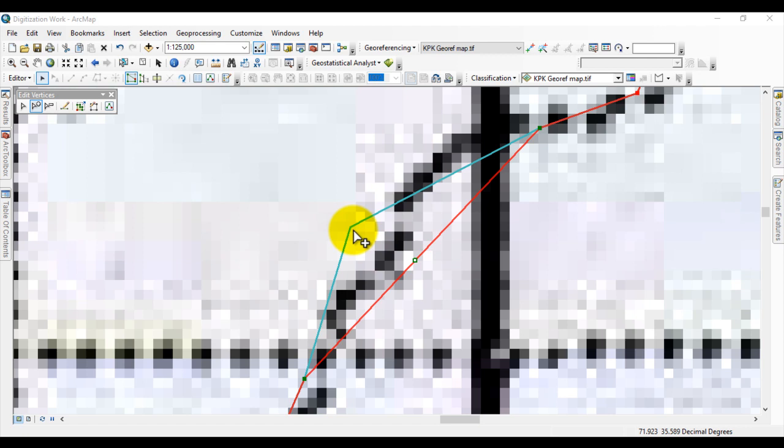In that situation, we can drag it to its original place like that, by picking this vertex and dragging it to its original place. We can move the vertex from one point to another point by dragging like that. Pick the vertex and move it up and down where you want to move it. So when you modify your work, then go to the Editor tool, save your edits and stop the editing.